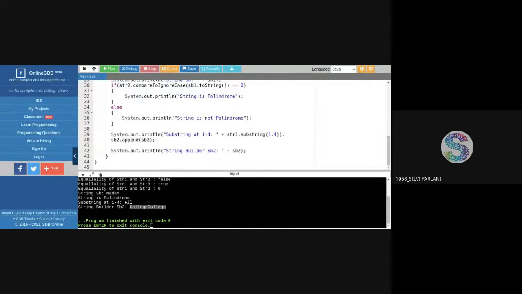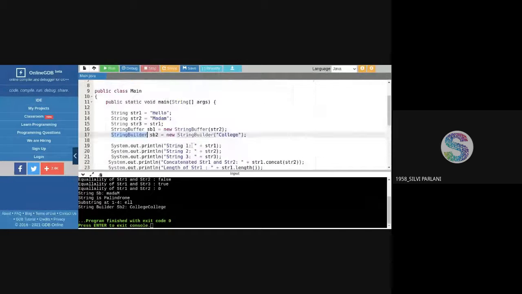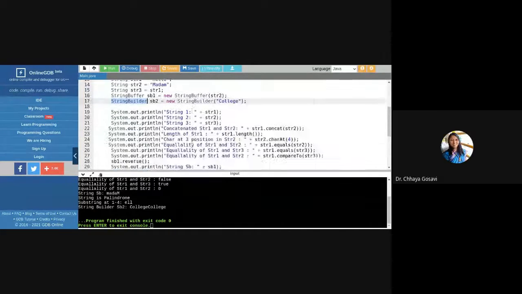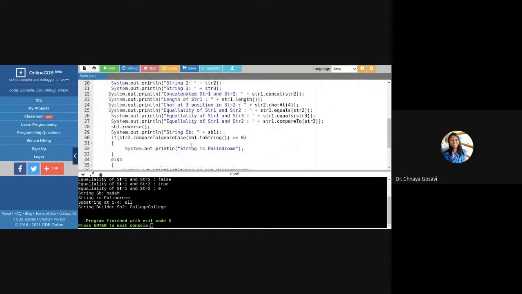Excuse me, ma'am. Yes? Ma'am, in the StringBuffer and StringBuilder classes, can we use System.in to accept values from the user? Yes, we can use it. Okay, ma'am. Thank you. You have to accept the value in a string, and then while creating the object, you have to pass that string.